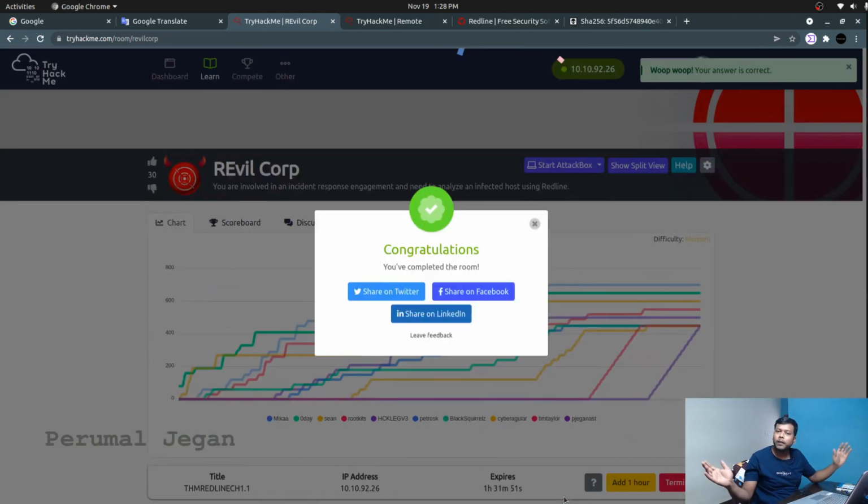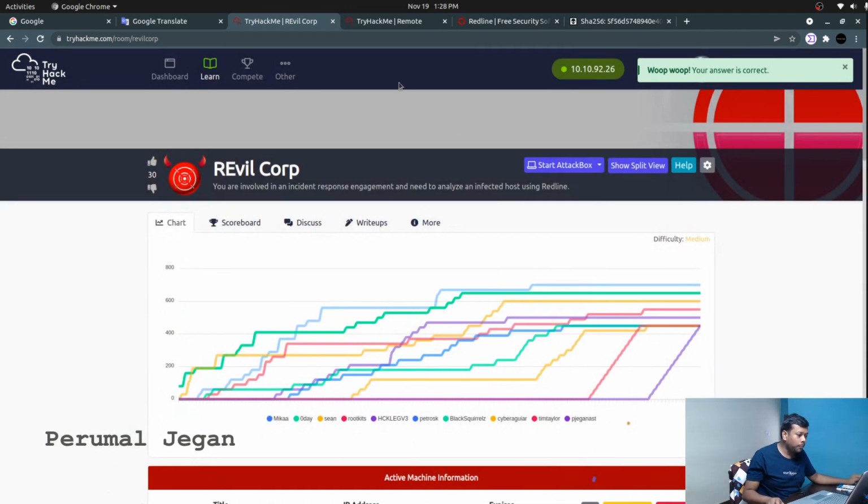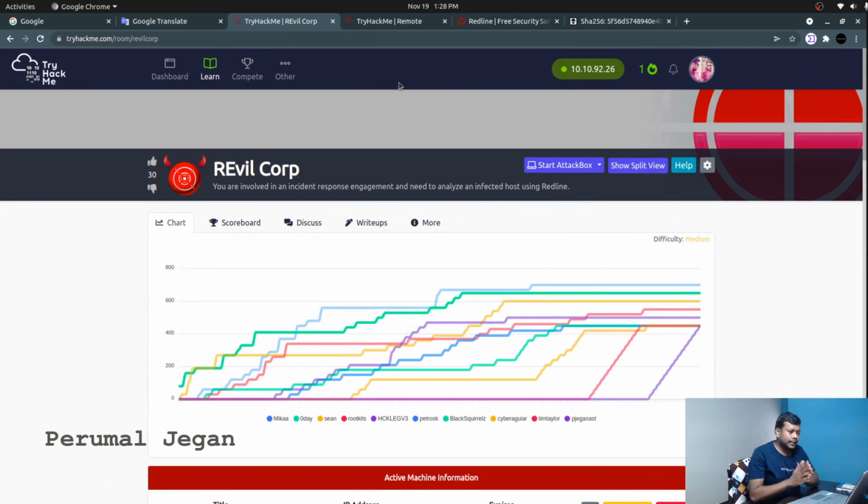Yeah, we made it. So this is the room, an excellent room where we examined the notorious Sodinokibi ransomware. Why did TryHackMe pick this particular sample? Because in recent times, REvil infected so many organizations and made huge money.